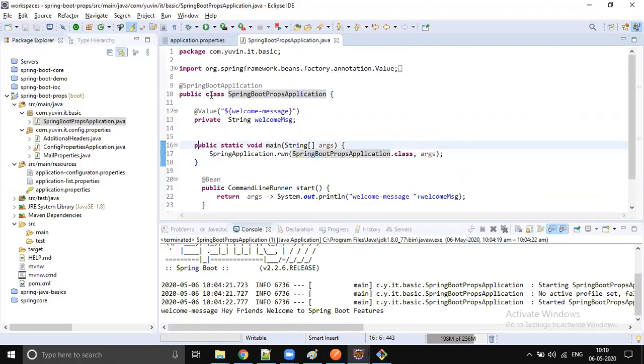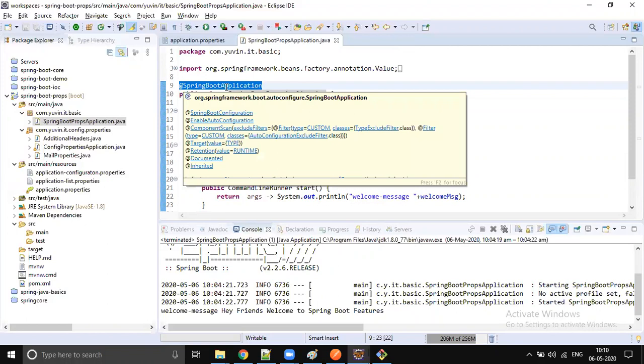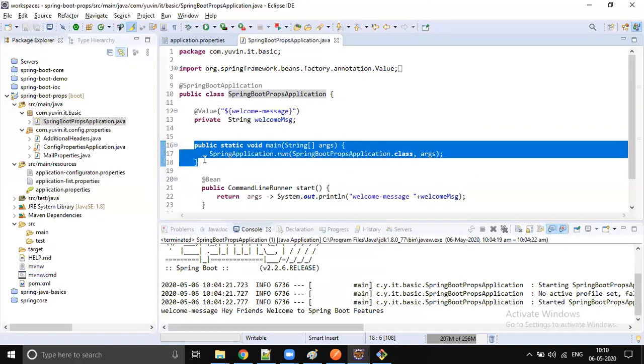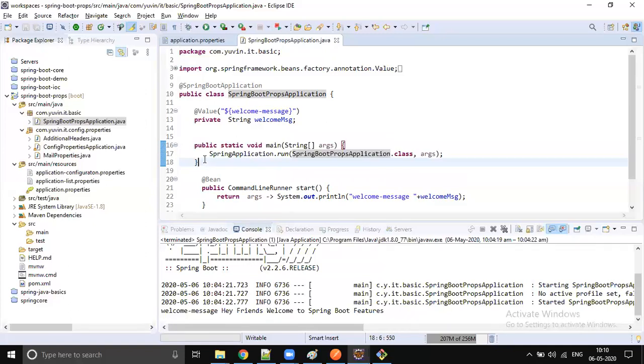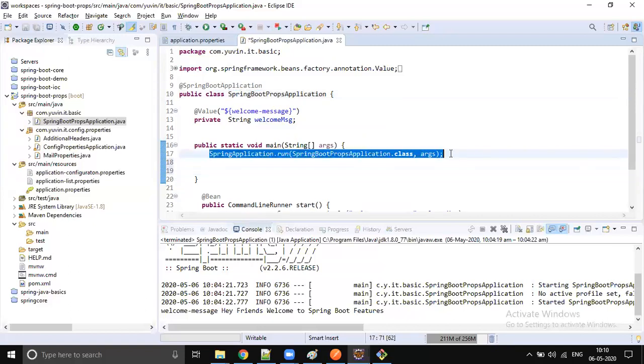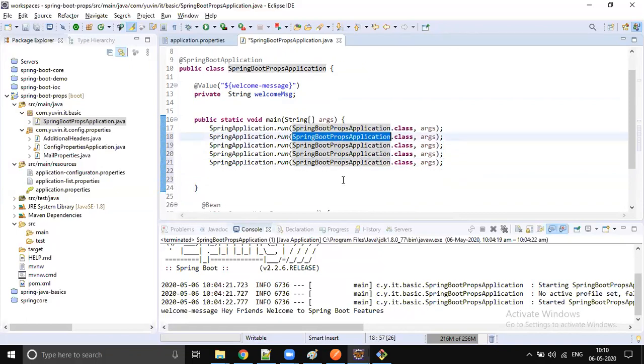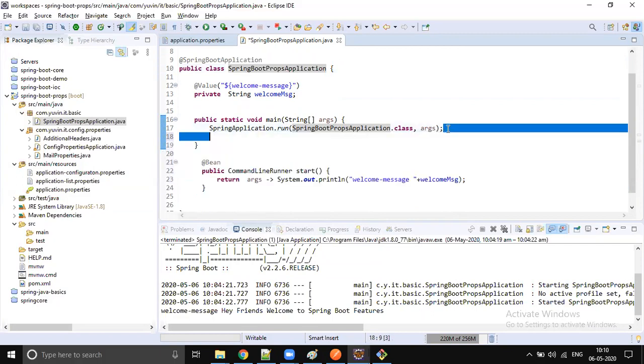Why can't Spring consider whatever class you annotated with Spring Boot as the main class, and start from there? Why should we write this code? This is an extra burden to the developer. In every Spring Boot application, writing a main method is an unwanted thing. What is going to change? For example, if you are writing 10 Spring Boot applications, what is going to change? Only the primary class. Anyway, you are annotating your primary class with @SpringBootApplication. Then why do you need to configure that? Why are you writing these 3 lines of code in your primary class?